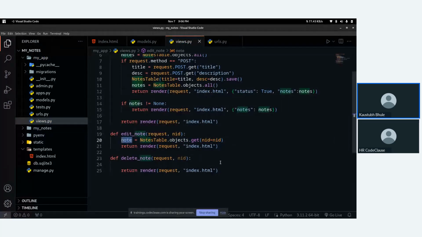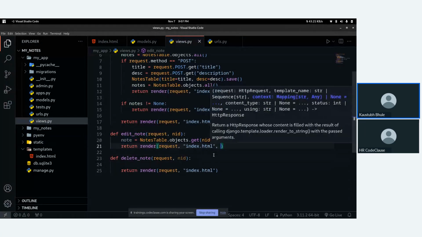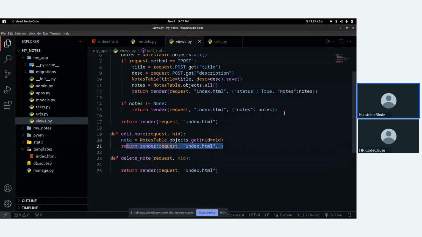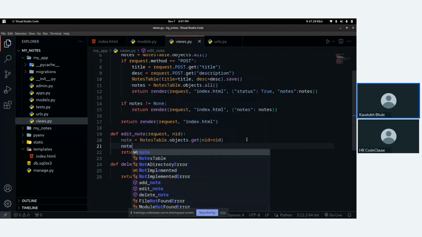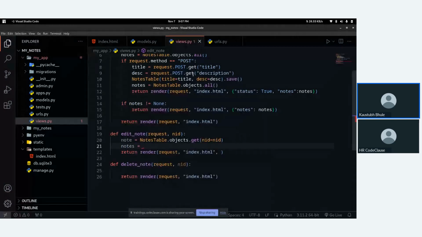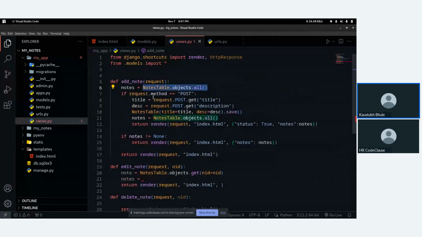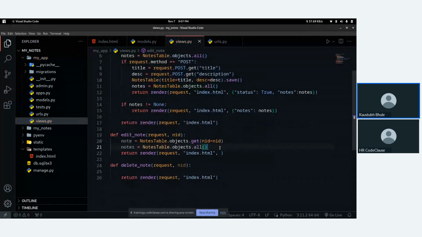Okay. Now we will send this note variable via this render function. But we also don't want to lose our existing records from that page. So I will again create a variable called notes, and I will just copy paste this objects function to load all the notes. Now don't get confused by these variables.